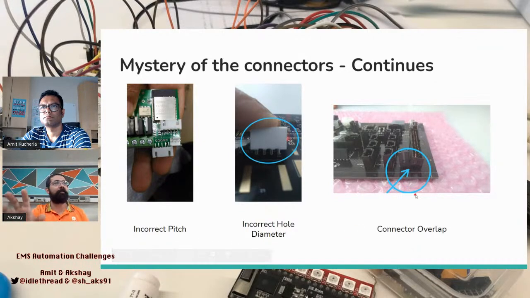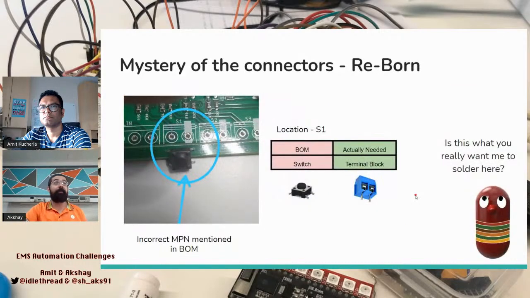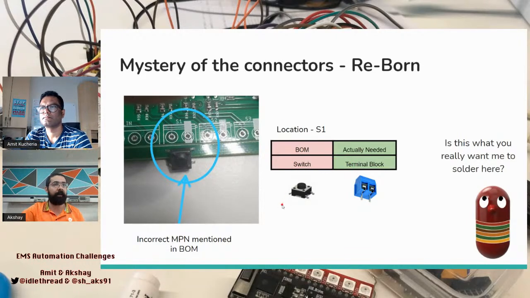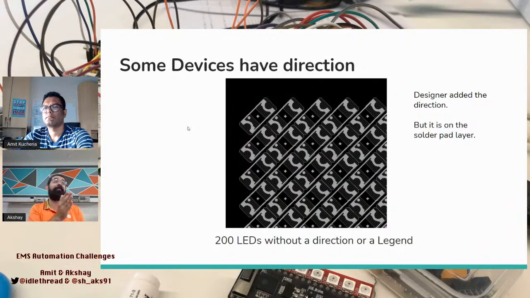So moving on from here, once the assembler really figures out what not to solder for you, he's going to be, oh, there is still more problems. Now comes, according to the BOM, we have a location called S1, which you can see here. The BOM says there is a switch here. The assembler goes, sure, here is my switch, I'm supposed to solder it. He's like, where the hell do I really solder this? Then he figures out, oh, the customer needed a terminal block. He's providing incorrect information. So this is one of the last stages in your production, and you're figuring out you have an error. You have lost